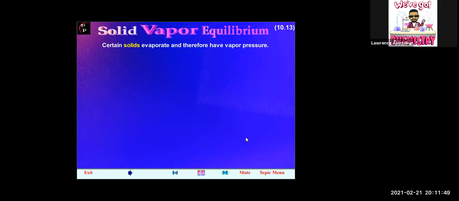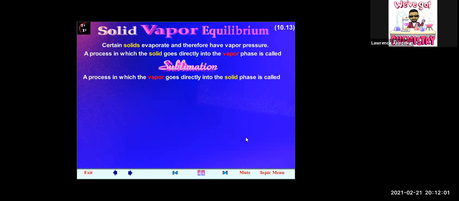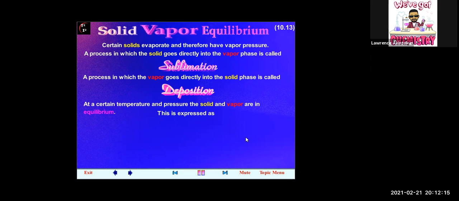Certain solids evaporate and therefore have vapor pressure. A process in which the solid goes directly into the vapor phase is called sublimation. A process in which the vapor goes directly into the solid phase is called deposition. At a certain temperature and pressure, the solid and vapor are in equilibrium. This is expressed as